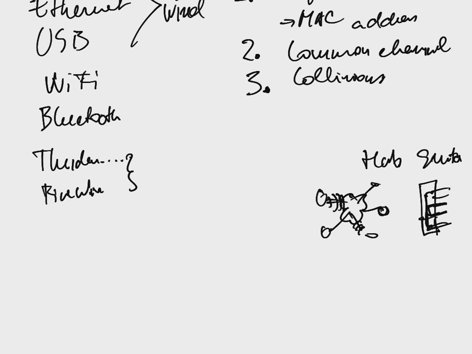So this means several communications can go concurrently, in parallel, through the same device. And these ones, of course, are wireless.